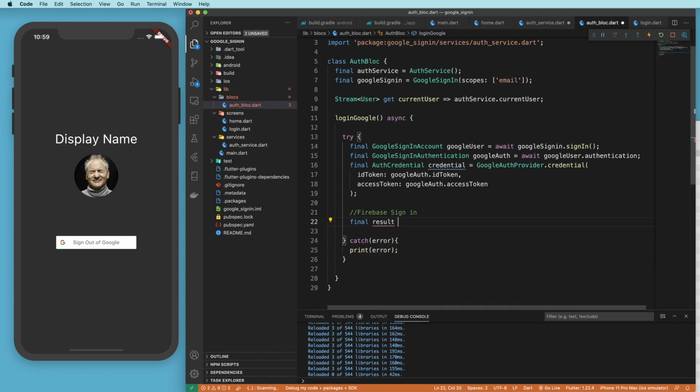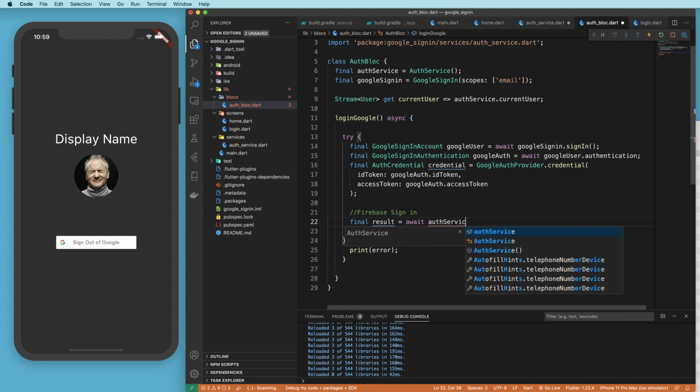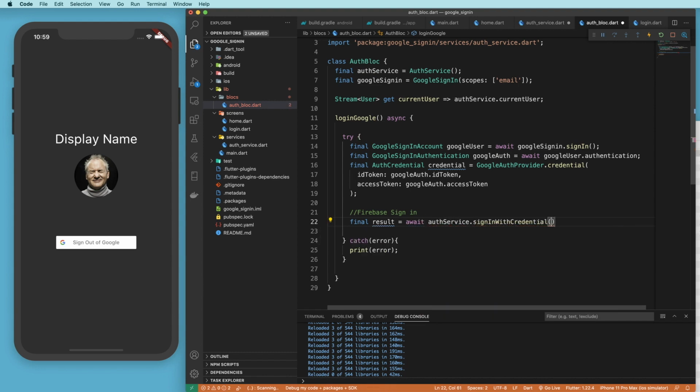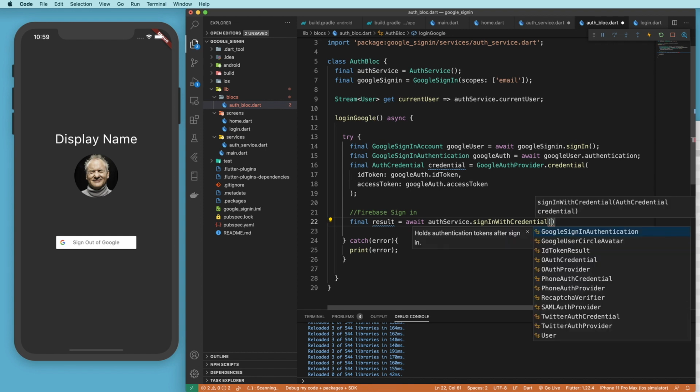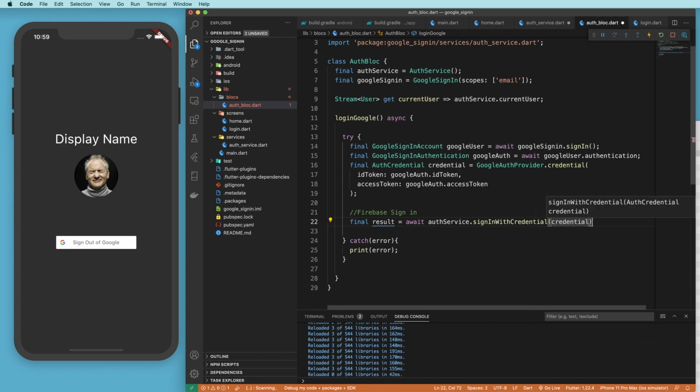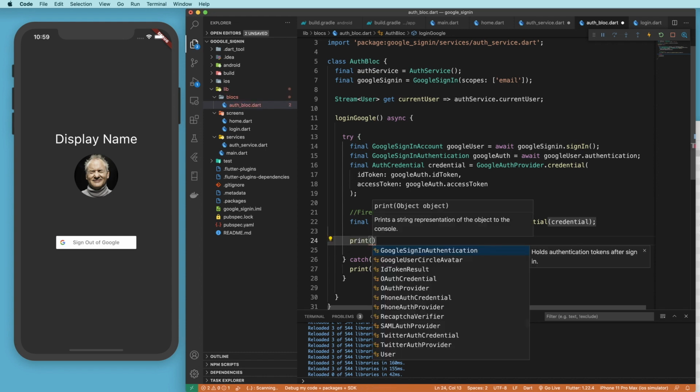And so this will give us a result, and that is gotten by awaiting auth service.signInWithCredentials. So this is a call out to our service, which is generic. It doesn't necessarily care what we're passing in as long as we've gotten it to an auth credential type, which is the work we did up here. We can pass it off to Firebase, and it will know what to do with it. And that's it. So I'm just going to print